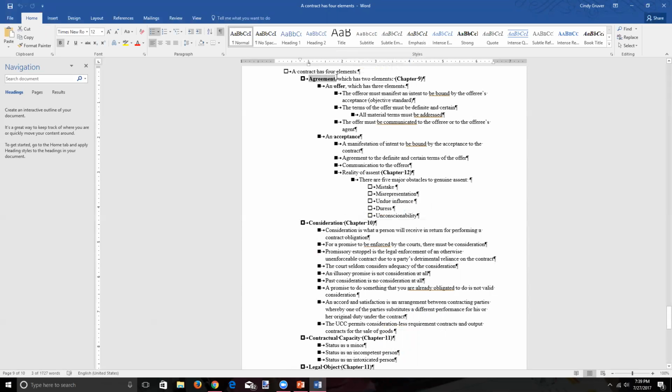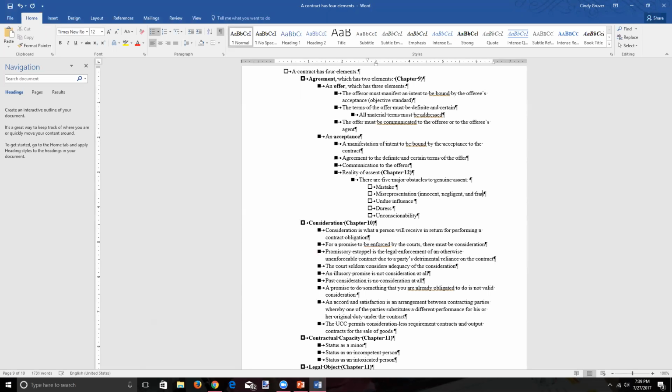Under agreement, we drilled down and we talked about offer and we talked about acceptance. And in chapter 12, we talked about the importance of there being true assent between the offeror and the offeree. And we talked about 5 common problems with that. And one of those problems was misrepresentation. And you may recall that we talked about innocent, negligent,